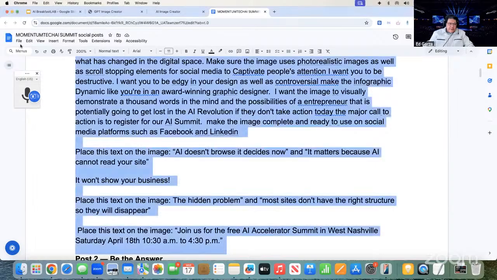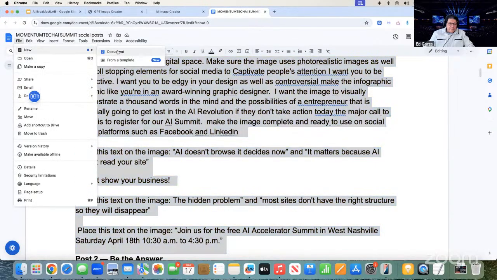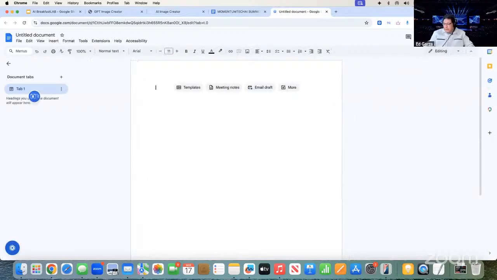And let's create a new document so I can give you guys that prompt, so you know how to command the AI, the GPT image creator. That's what I'm trying to do for you here.